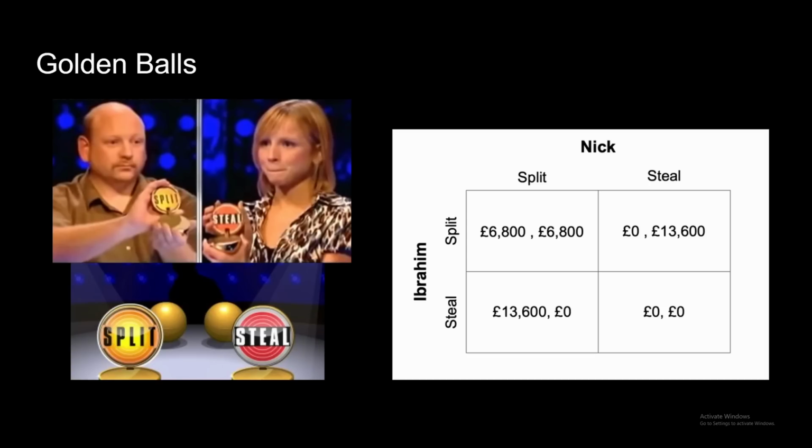And in the exact same way as the prisoner's dilemma, if both of the parties choose split, then the pot of money is split. If one party chooses steal and one chooses split, then the one who chooses steal gets all of the money. And if both parties choose steal, then neither of them get the money. And so most of the time it would be extremely predictable, with one of them or both of them choosing the steal ball. Occasionally you would get 2 people splitting, but it wasn't the norm at all.